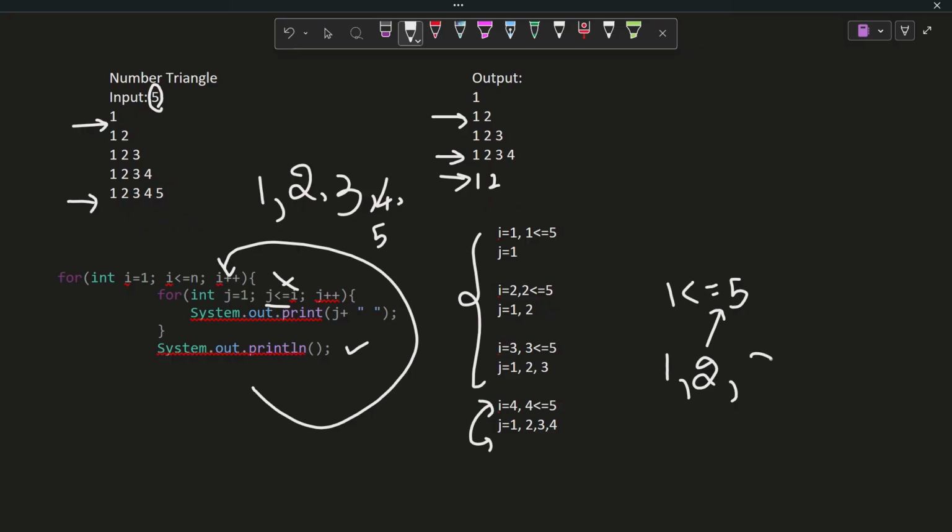Clear? Now the value of j is 3. So 3 is less than or equal to 5. It is true, so 3 gets printed, right? Now it comes to 4. 4 is less than or equal to 5. The condition is true, so 4 gets printed. And finally, the value of j is 5, and 5 is less than or equal to 5. So in my pattern, even 5 gets printed. And by seeing this iteration itself, I can tell the loop will run for 5 times. Until the condition is false, the loop would keep on running.